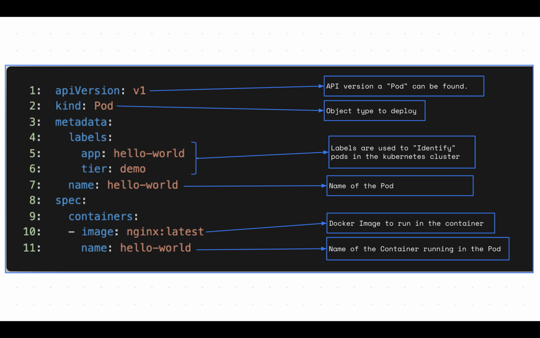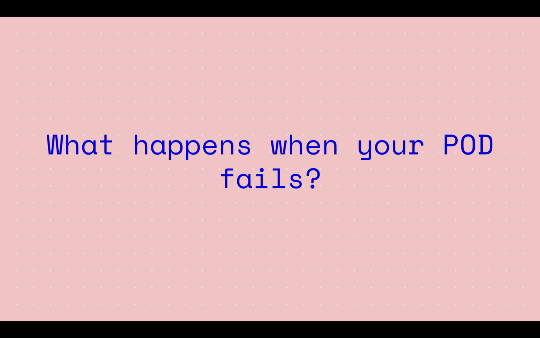So we've talked about pods. Let's now worry about when the pod fails. Just like a container, a pod can fail for whatever reason. A pod can crash, or for whatever reason, memory, CPU, a pod could die. So how do we manage that? Then we start talking about a replica set.